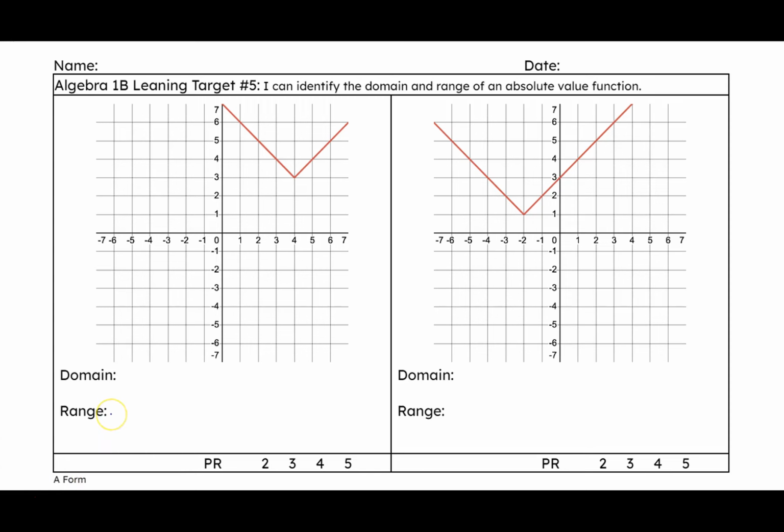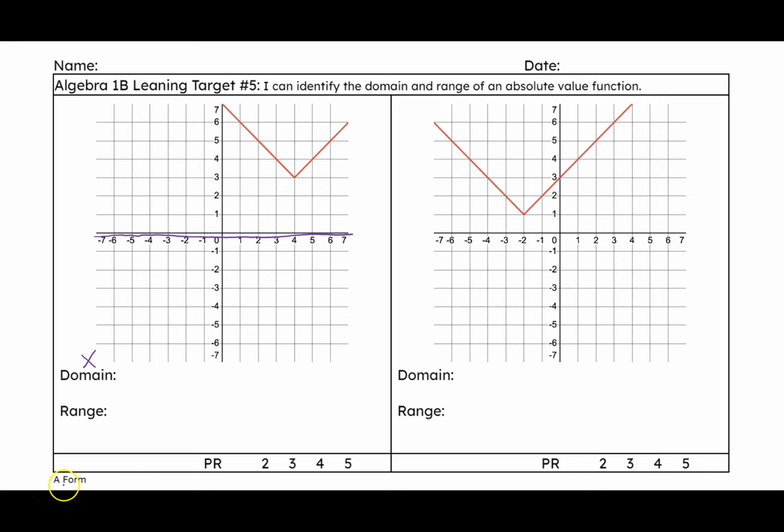So domain and range are asking you for what are all the values that x can take on in this relation or function, and range is asking for what's all the values of y, that up and down, that the function can take on. So let's talk about domain, or your x, first. So here is your